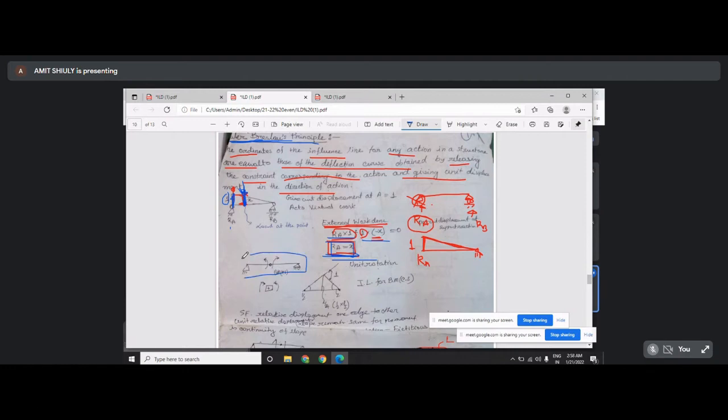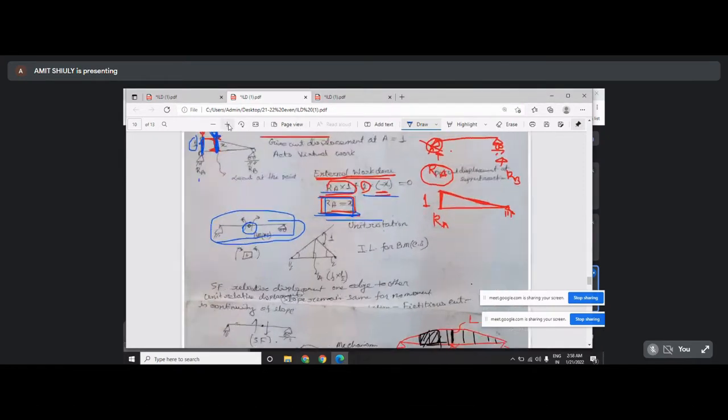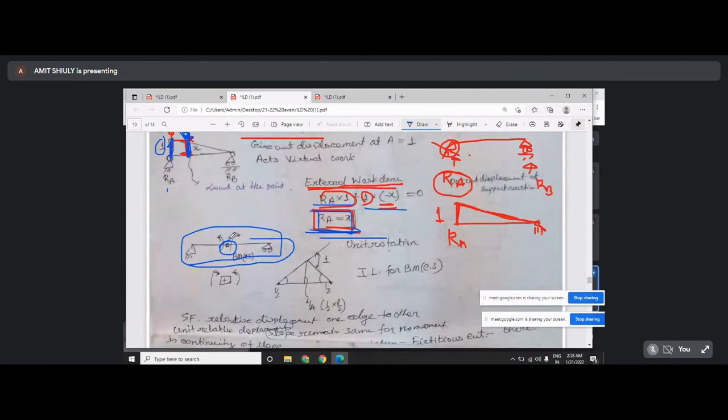So this is actually RA into x, RA is equal to x. Same way, what is the bending moment variation? Suppose at this point what should be the bending moment? In case of bending moment, bending moment is 0 at a hinge, so you have to incorporate a hinge at this point. In order to draw the influence line diagram at point C, you have to release all the constraints, or the bending constraint, that means you have to incorporate a hinge here and give a unit displacement. In case of bending moment it will be unit rotation. So if you give a unit rotation here